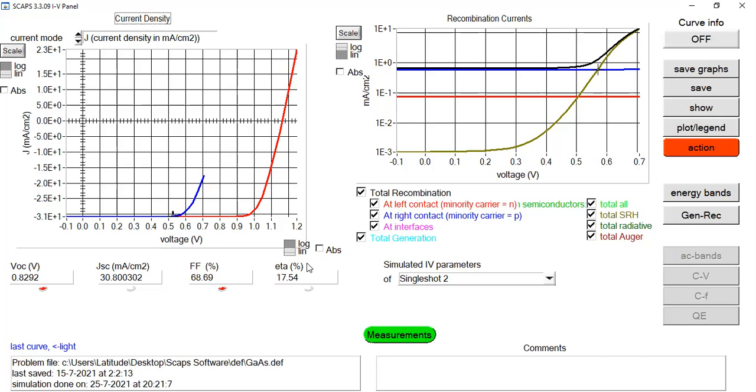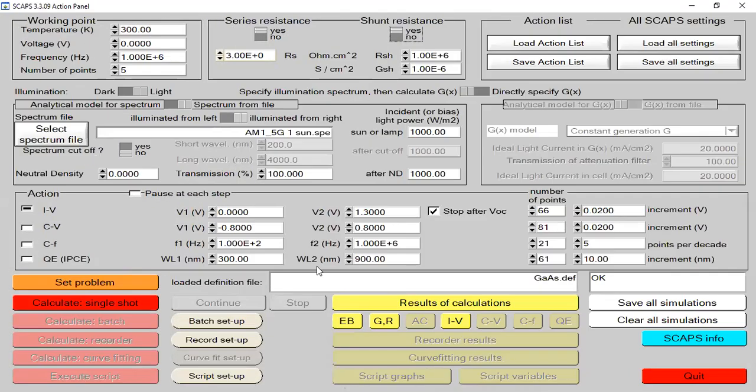When the back metal work function is reduced to such a lower value of 4.7, the barrier height of the majority carrier increased, due to which we have lower values of VOC, efficiency and fill factor. Now I am going to set another back metal contact with a different work energy function so that I can relate some more comparable results.